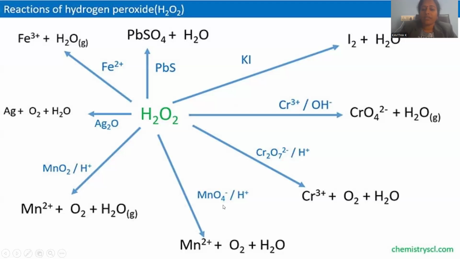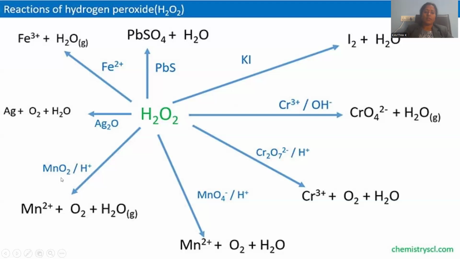H2O2 upon reacting with KMnO4 under H plus conditions, where we have plus 7 now turned into plus 2. So plus 7 to plus 2, a decrease in the oxidation number, is also a kind where reduction of the metal is possible. We are not oxidizing in these two reactions, exceptionally. One is potassium dichromate being reduced. One is potassium permanganate also being reduced. This is a process called reduction, right?